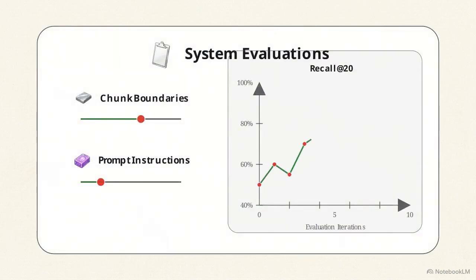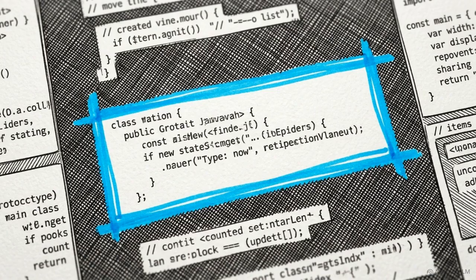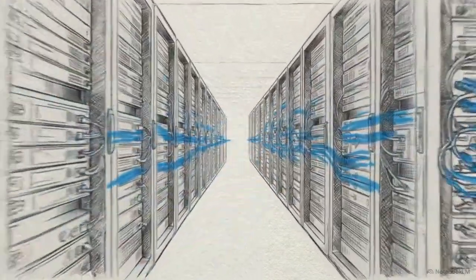You will need to test and adjust your chunk boundaries and prompt instructions based on the unique properties of your own documents. To deploy this yourself, check the link in the description for the Anthropic Cookbook, where you can copy and paste the actual implementation code. Adopting this specific, context-aware architecture ensures that your AI system operates as a highly reliable, productive